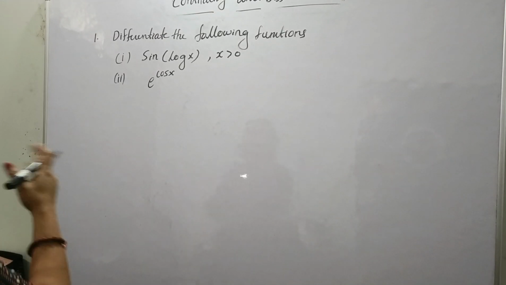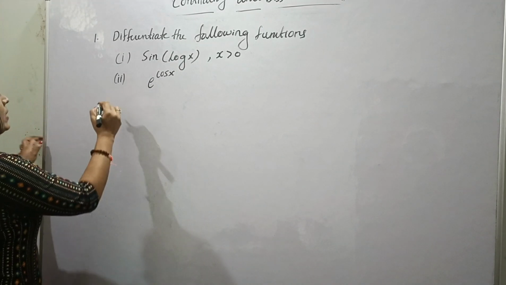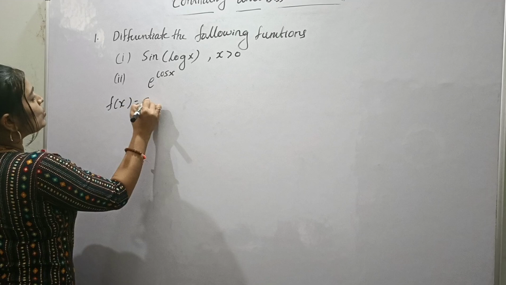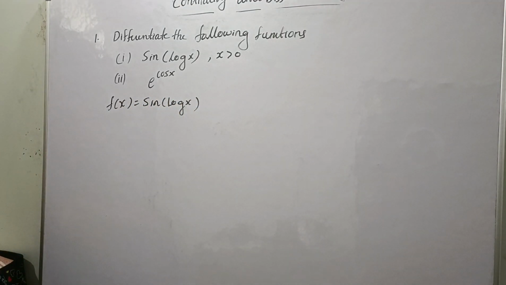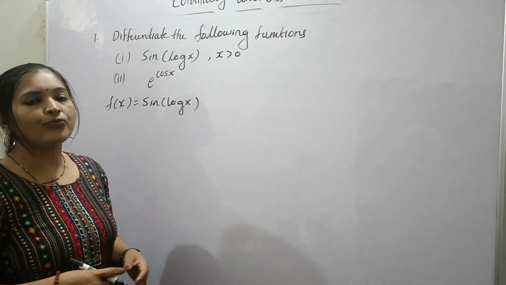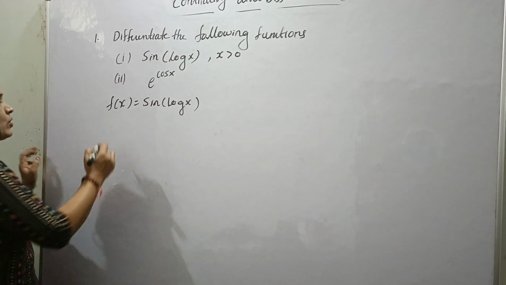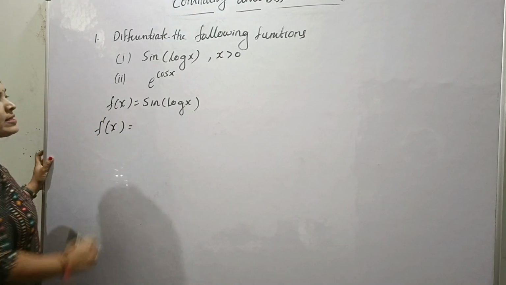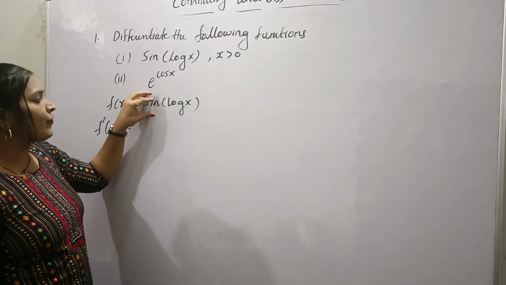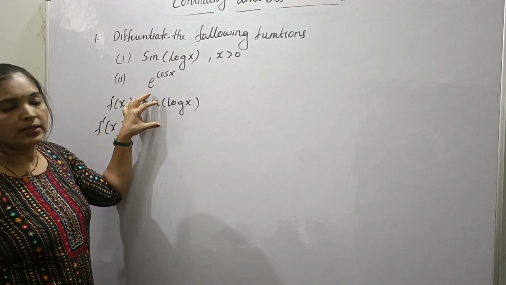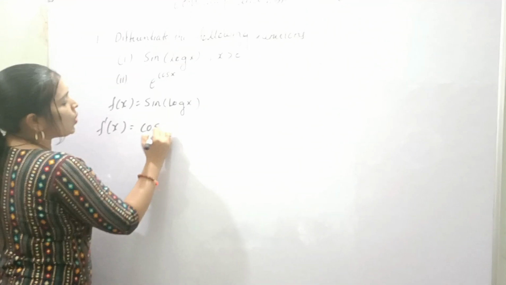Let's find the derivative of some given functions: sin log x, and e raised to cos x. Here, the first one: f of x is equal to sin log x, with x greater than 0. We have to find the derivative of this function. If y is equal to sin log x, then dy by dx, or f dash of x, is equal to, here apply the chain rule. First we find the derivative of sine, then of log x. What is the derivative of sin x? Cos x, right? So cos log x